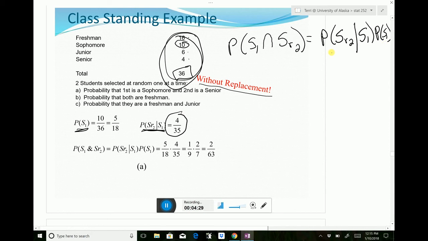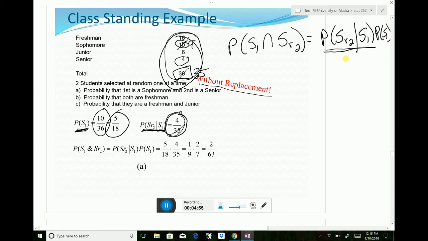So I can look at this. I know what this conditional probability is. I know what the probability of getting a senior second if I got a sophomore first, because I still have 4 seniors, but now the total is 35. So now I have 4 out of 35. And I know what the probability of getting a sophomore the first time is, because it's 10 out of 36, or 5 out of 18. And we can just